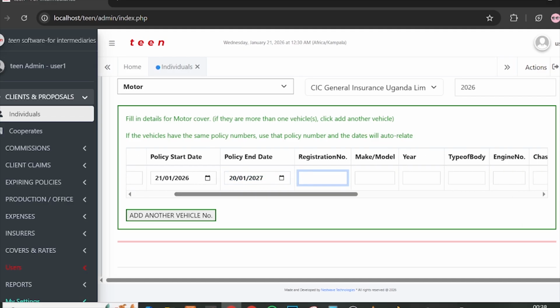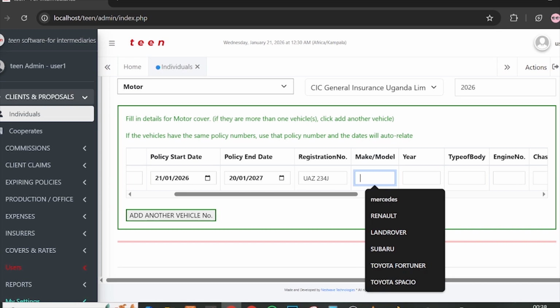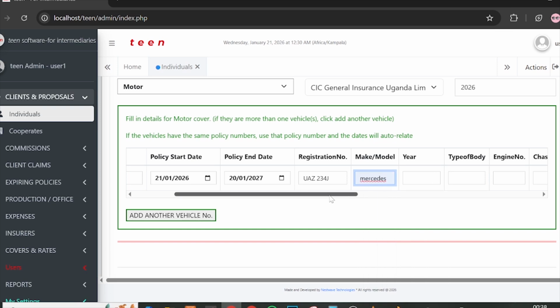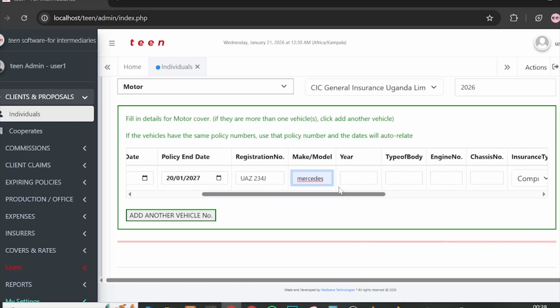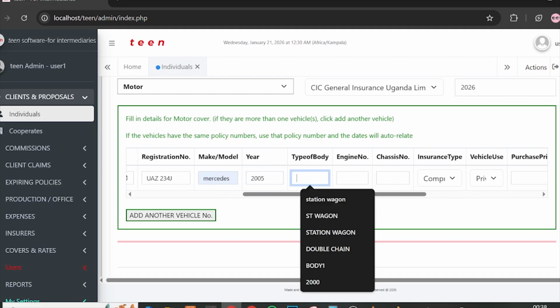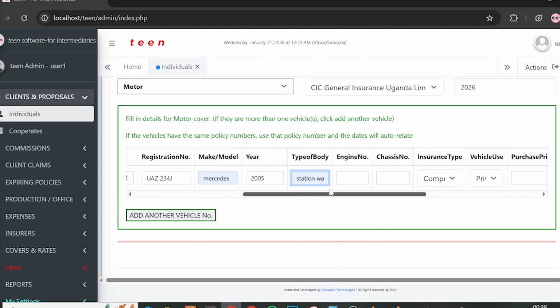The vehicle registration number is UAZ 73K. You can write these details straight as how you have them per a client. And I'll say maybe this was a Mercedes. You write it there, Mercedes, and Mercedes was made maybe in 2005. All these are just assumptions to be used. Maybe he has a station wagon or a double cabin, whatever it can be. Engine number, let me say, is engine 1234. Chassis number is chassis